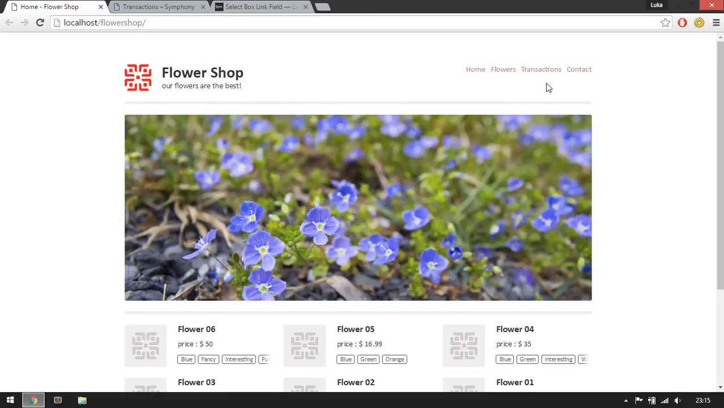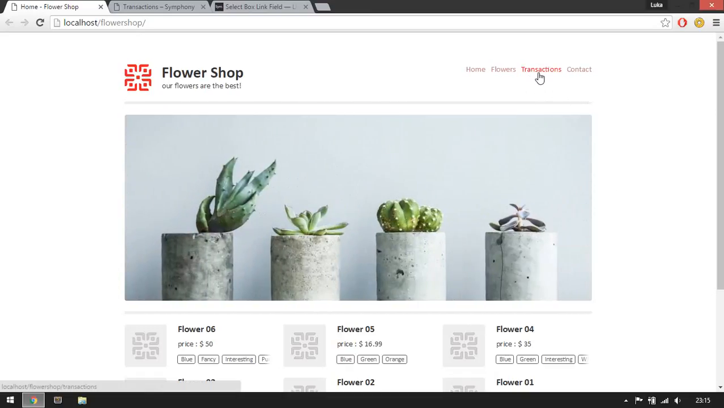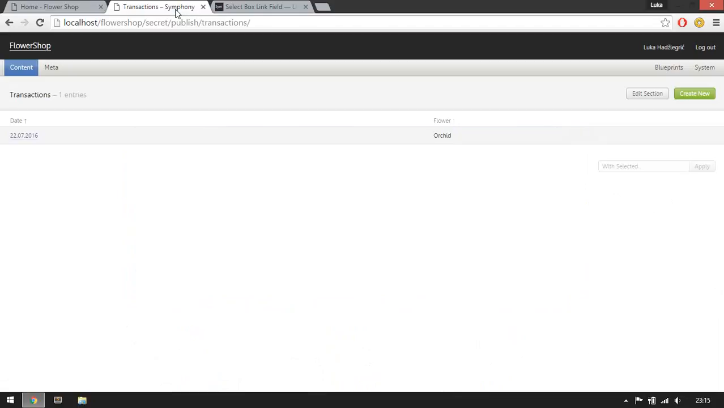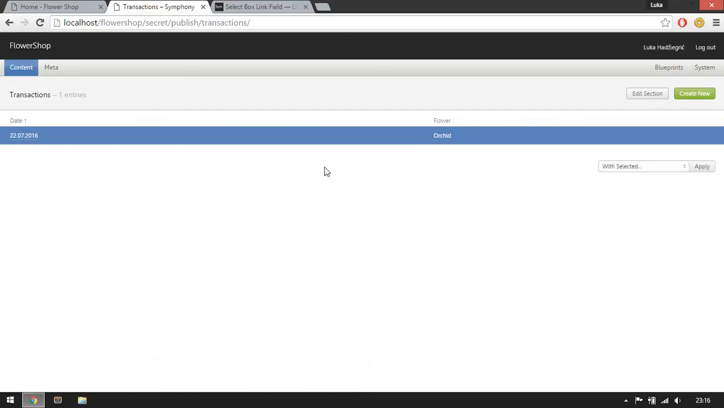Before we go and continue to work on the transaction page, I would first like to show you something interesting. For example, we currently have only one transaction, which is done on this date, and it says that a flower called orchid was sold on this date. So if I open this